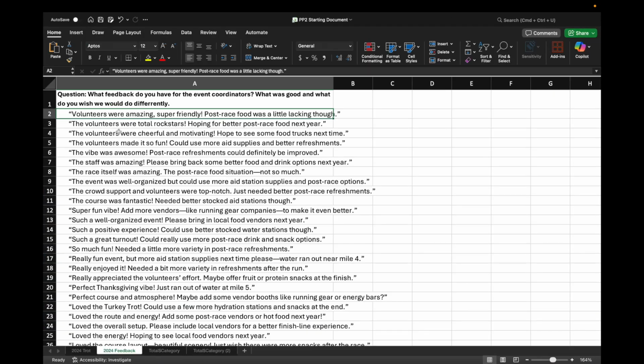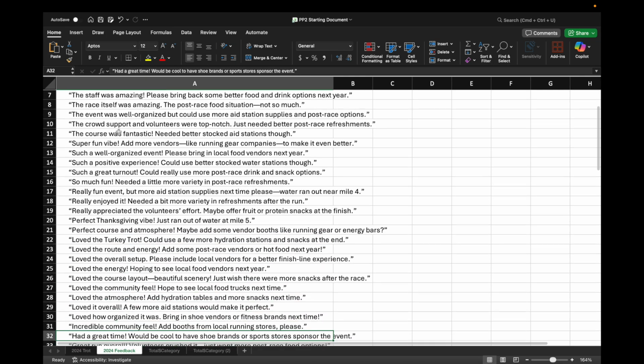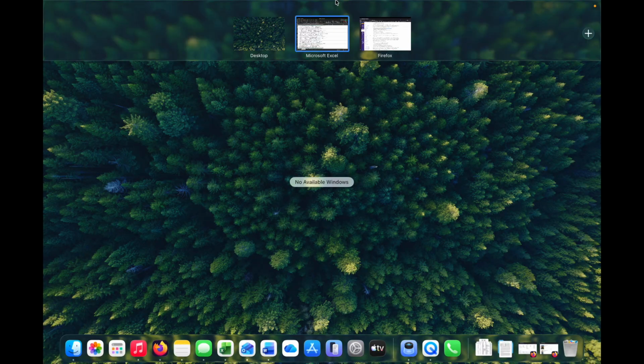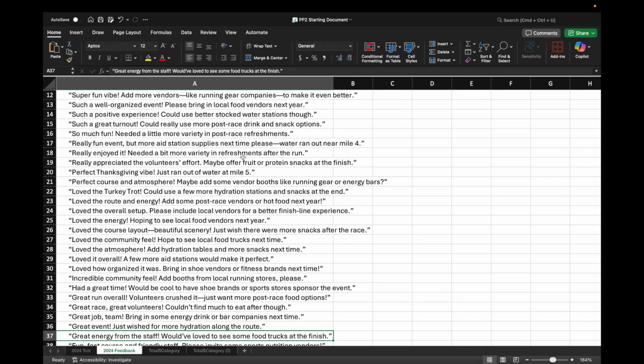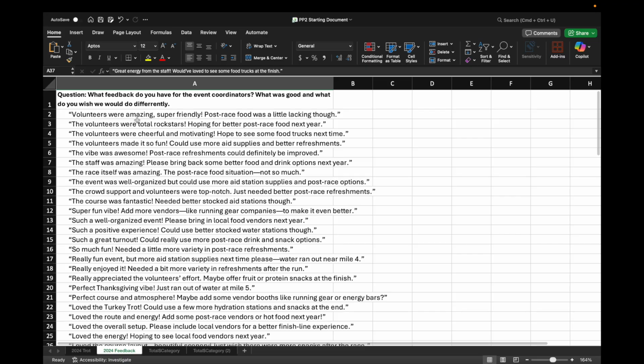So you'll come over here and you'll read each one of these comments to get a general idea of what people were thinking, how the race went from a participant standpoint. After you do that, you're going to identify recurring topics or themes in this feedback. So, for example, there might be several comments that have to do with post-race food.